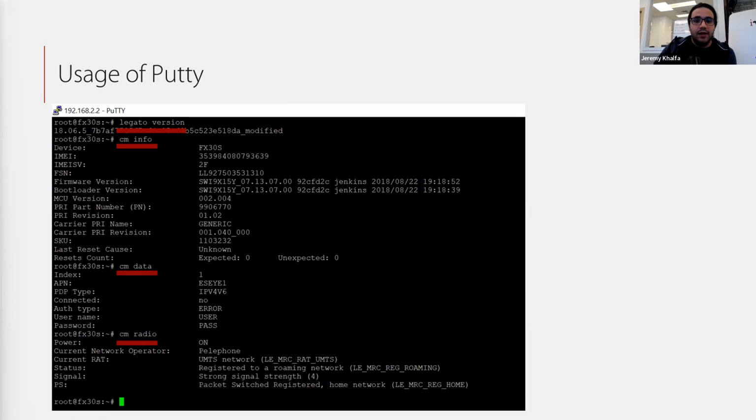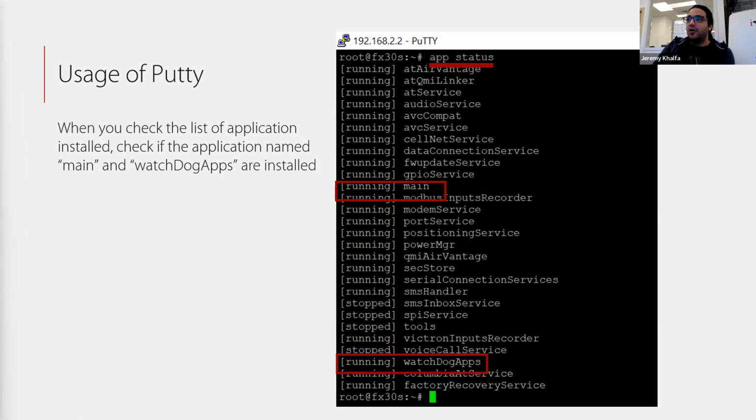Okay. Here, the last command I talked to you about is the app status. So here is to see if our applications that we coded and installed here are still installed. We realize that sometimes, because of a short circuit inside the energy box, it removes the software installed inside the modem, and that's why sometimes you need to reinstall it. And we thought we found a way to solve it by adding something, but for now it may still happen